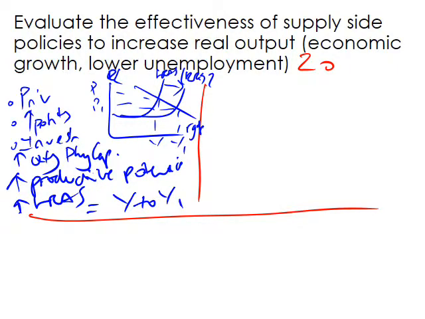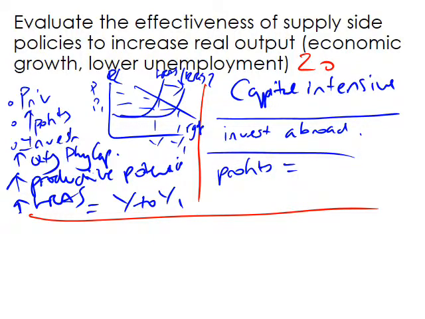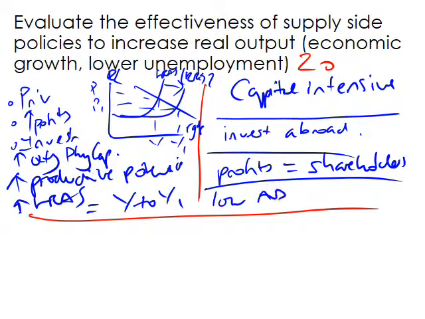In terms of reasons why it might not be effective, in this case it may be that the investment is capital intensive, which would mean that there may be no extra jobs in the economy. It may be that the businesses invest abroad, or it might be that the profits are given back to shareholders and not invested. Another thing could be that there's just a low level of aggregate demand, which would be the